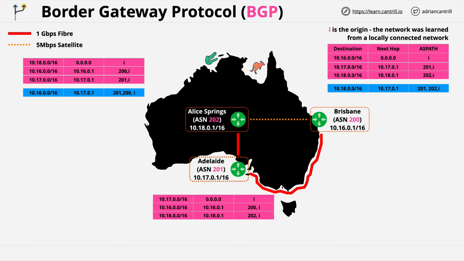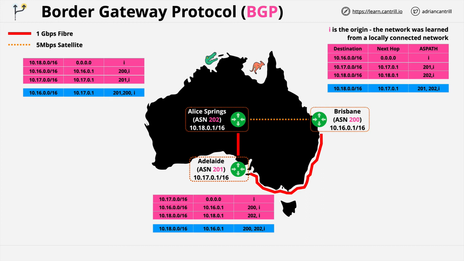Now lastly, Adelaide will also learn an additional route to Alice Springs, but this time via Brisbane, and Brisbane would prepend its own ASN onto the AS path. So in this case, we've got the additional route at the bottom for 10.18.0.0/16, but the next hop is Brisbane, 10.16.0.1, and the AS path is 200, which is Brisbane, and then 202, which is Alice Springs, and then we've got the origin. Autonomous systems advertise the shortest route that they're aware of to any other autonomous systems that they